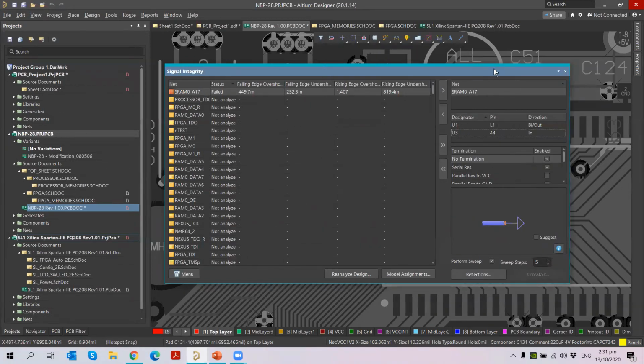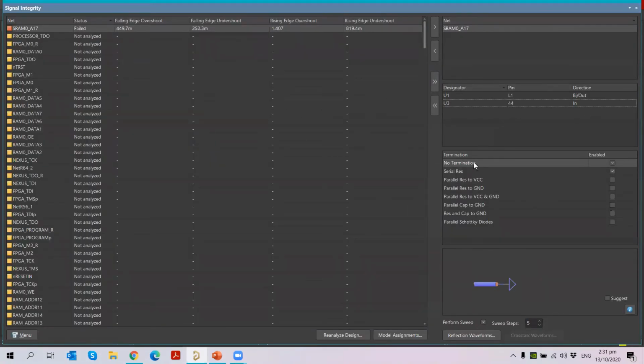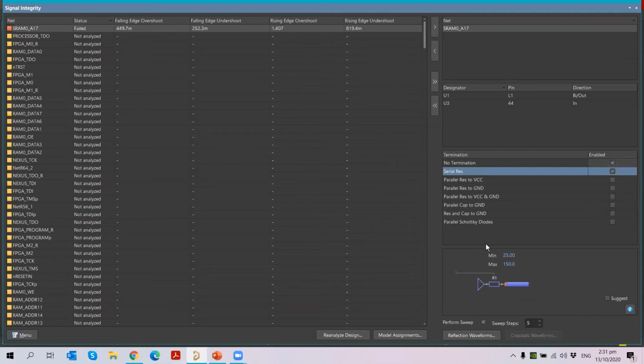To do the analysis, I just maximize, and then you will see, coming down, first, no termination. So there is no termination, no impedance. Then I have a series resistance. You can include it. When I click, you will see what is the minimum resistance and what is the maximum resistance to analyze for the net.